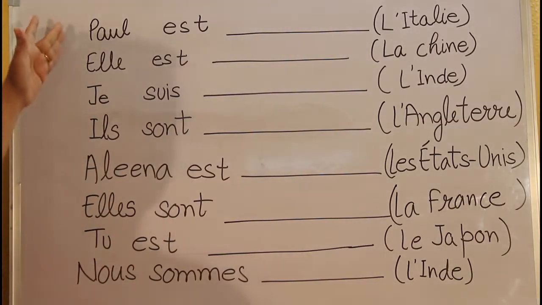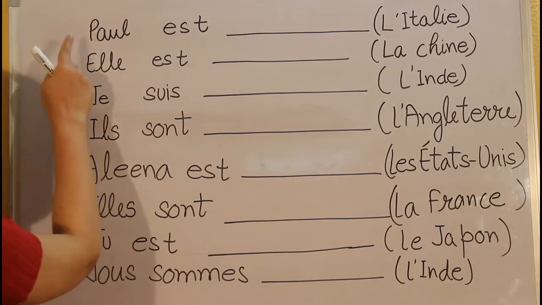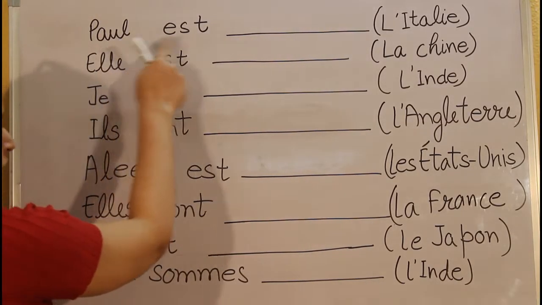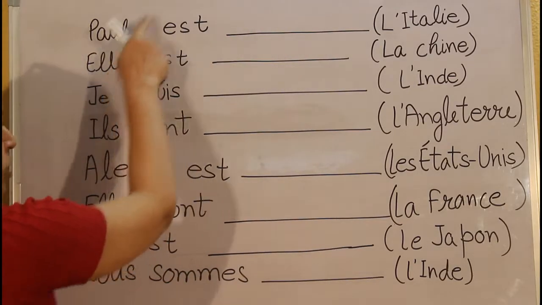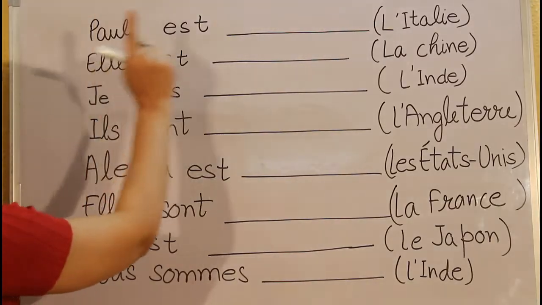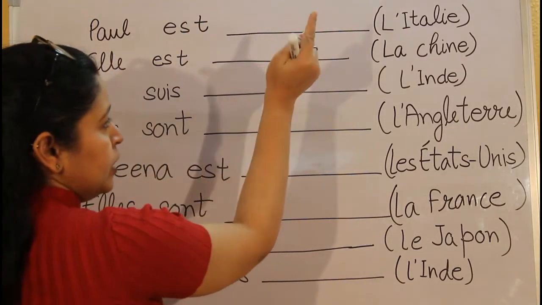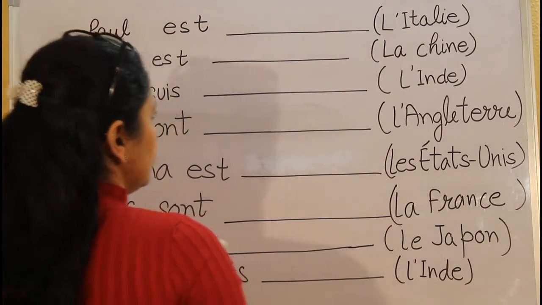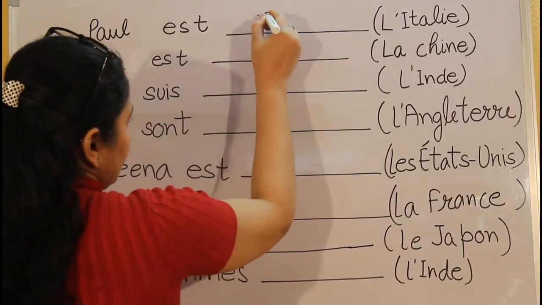So now take the first sentence. Paul. Paul is a boy. Paul a dash. Now Paul belongs to Italy, means l'Italie. Paul is a boy. Now we have to give him a masculine nationality. So what was that? Yes,